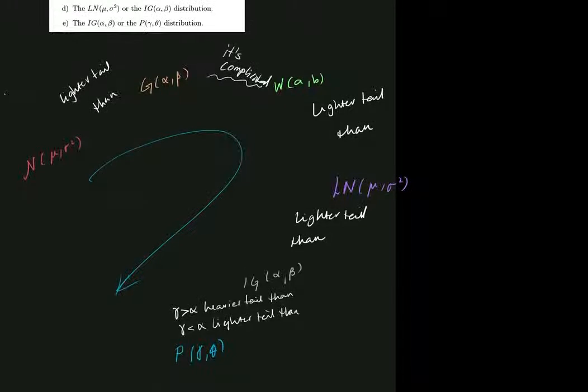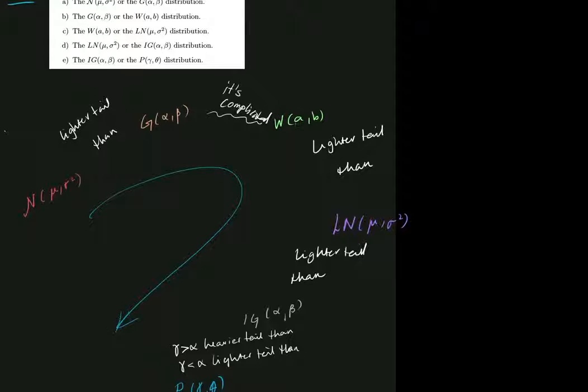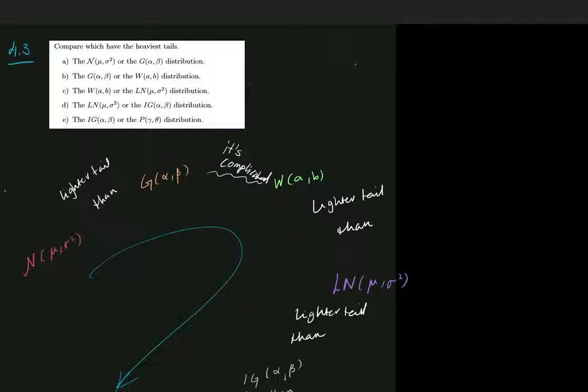So the only thing that we just have to list up before I finish off this thing here is what is the relationship between the gamma distribution and the Weibull distribution's tails. And the case here is that first of all, the first fork in the road is what the value of b is in the Weibull distribution. So depending on if b is smaller than 1 or greater than 1, so if b is strictly smaller than 1, then what we get is